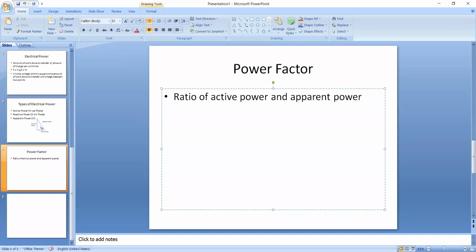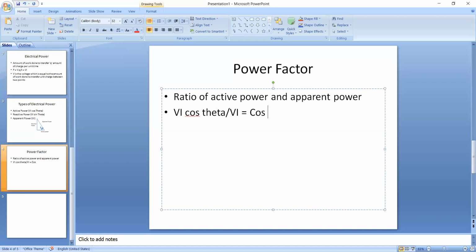Means the amount of power which the circuit uses to the amount of power which is being delivered to the circuit, right? So power factor is active power by apparent power. We can write it as VI cos theta divided by VI, which gives you